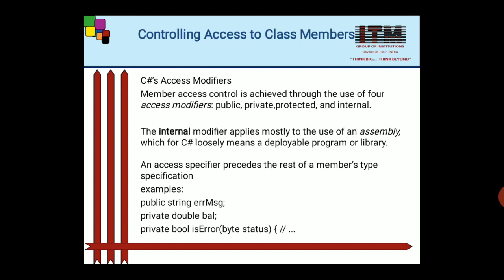When a member of a class is modified by the public specifier, that member can be accessed by any other code in your program, and this also includes methods defined inside other classes. When a member of a class is specified as private, then that member can be accessed only by other members of its class. The methods in other classes are not able to access a private member of another class.